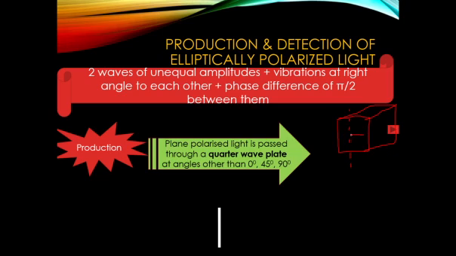Everything will be along this particular vertical direction, so you won't be getting any elliptically polarized light, because we require two orthogonal rays to produce elliptically polarized light. Now if the light is incident in such a way that it makes 45 degree,